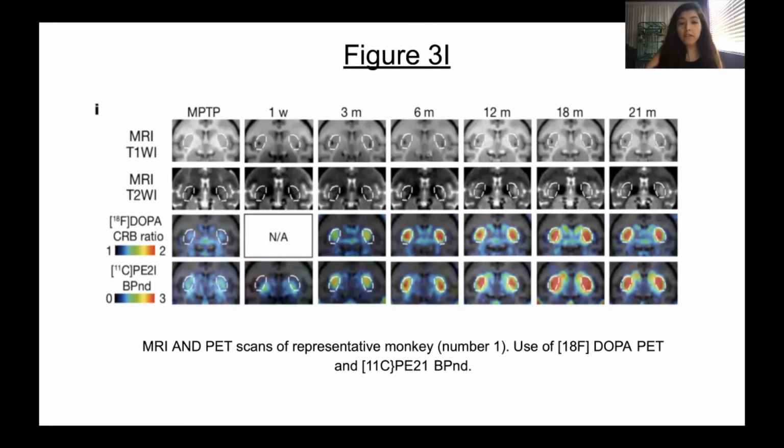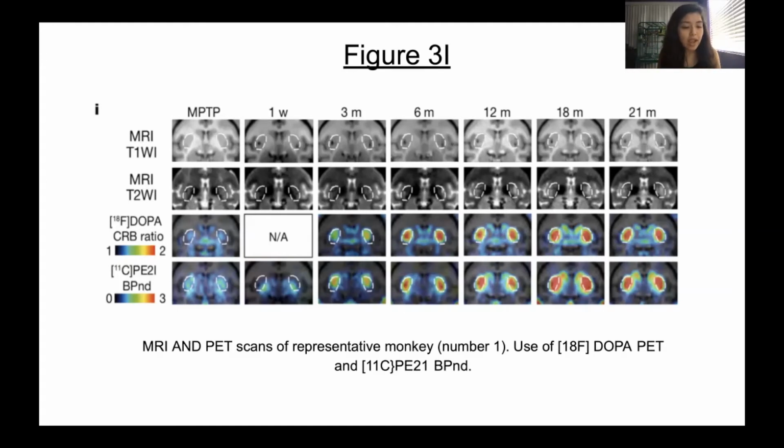So for our first figure, figure 3I, we have MRI and PET scans of a representative monkey that was transplanted with iPS cells. So these images were taken beginning after the injection of MPTP and the establishment of PD symptoms, and then 1 week after iPS cells were transplanted, and then again every 3 months, and ongoing for 21 months. So the circle dotted lines represent where the putamen of the primate lies, and it's on both sides of the